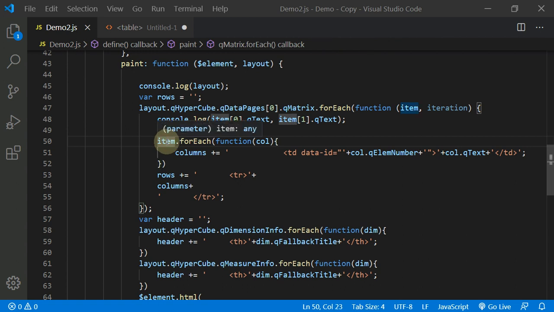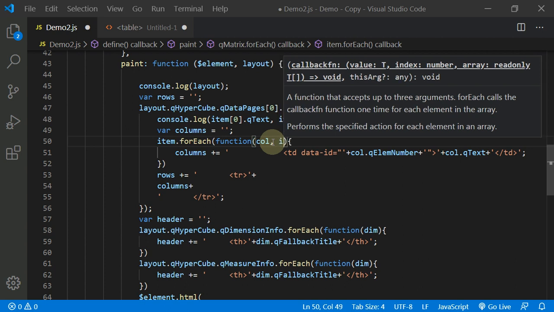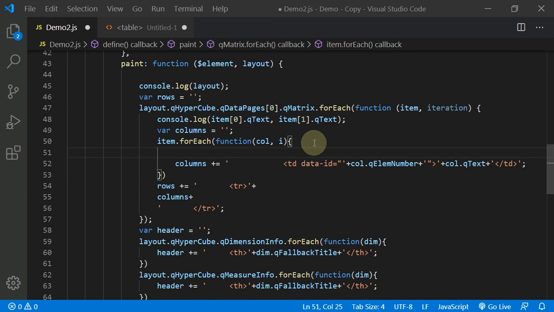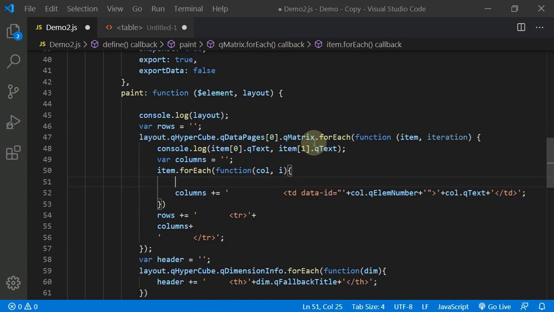To detect what is the dimension and what is the measure, we need to add one more parameter here, which is iteration number i, and if i is less than the number of dimensions, say for example we have only one dimension, so if i is 0, then that means it is a dimension. If i is 1, then it is a measure column. So we can put an if condition.